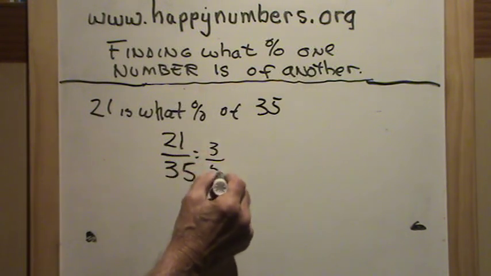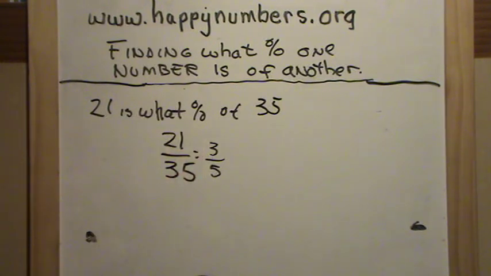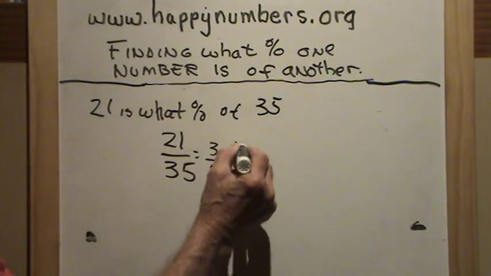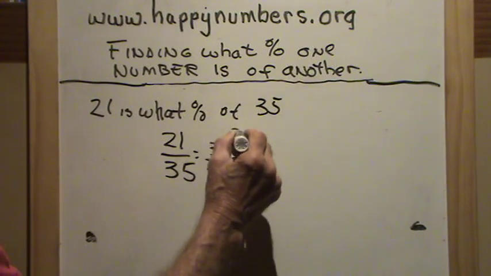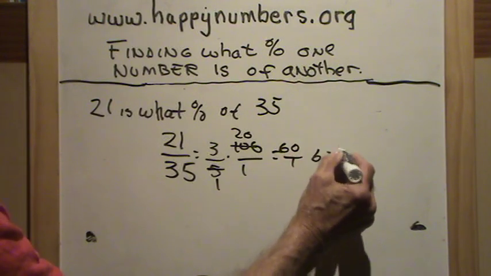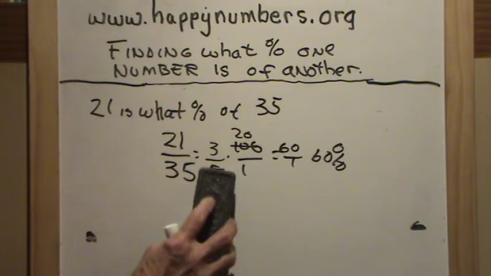We got 3/5. And then you want to change the fraction into a percent. And there are two ways you can do that. You can multiply by 100, so I could go 3/5 times 100. 5 goes in that once, 5 goes in here 20 times, and I get 60 over 1, or 60%. So I could do the multiply by 100 method, or,